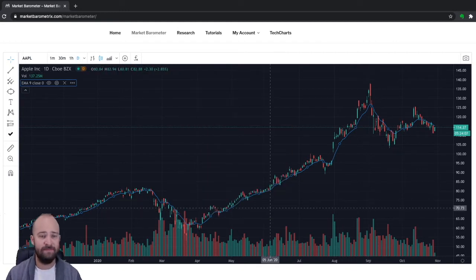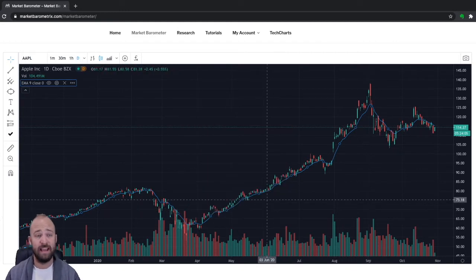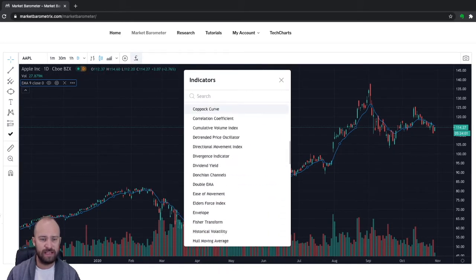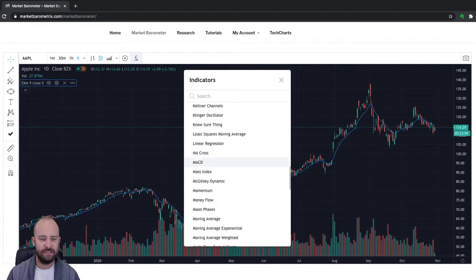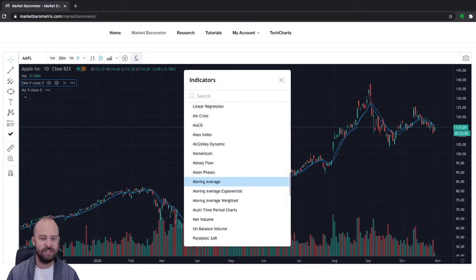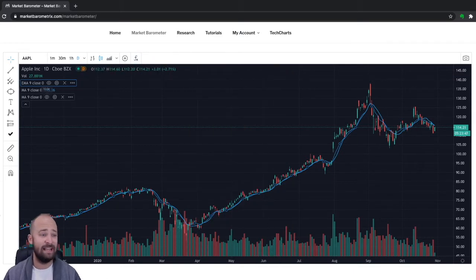Next, we want to add the 50 and 200-day simple moving averages. So again, we're going to come up to our indicators button, scroll down to moving averages. And this time we're just doing moving average. That's the simple moving average. I'm going to click it twice. You can see we just got two more settings boxes up here, and both of them defaulted to 9. So we need to adjust the settings on these to make one of them the 50-day